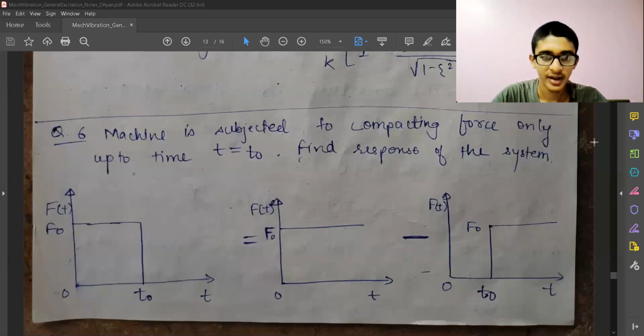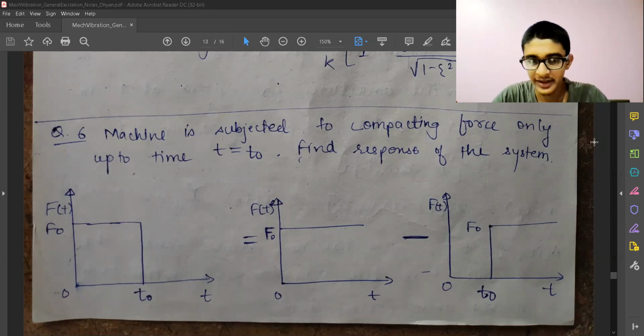So till now we have seen a forcing function which was either completely active or completely inactive, or we had an impulse type of force function. Now we have some different type of forcing function which is active for some time. We have some values of that forcing function, and then it is zero after that time. So how can we represent it mathematically is shown by these figures.